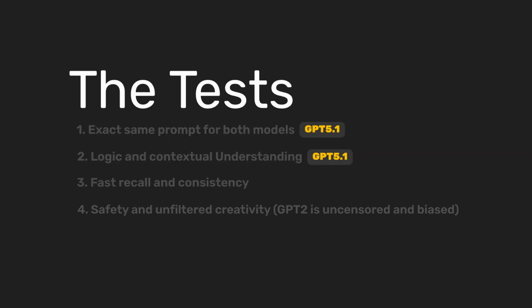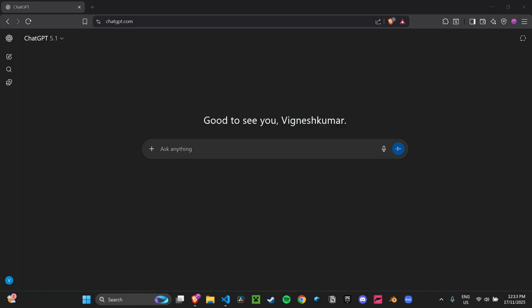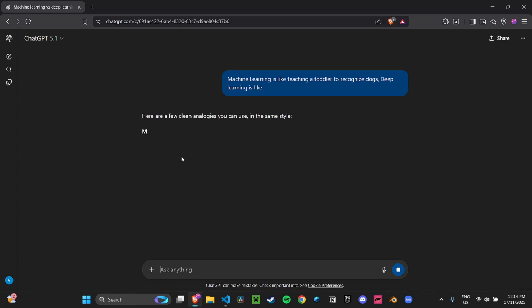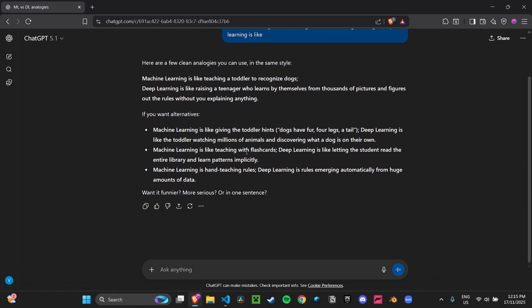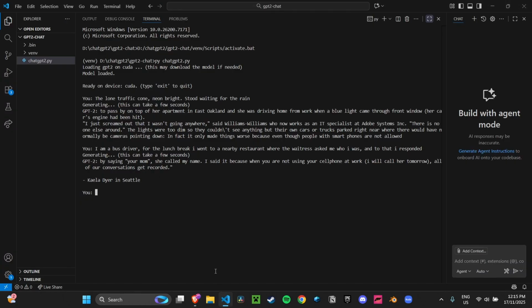So moving on to the next one, which is fast recall and consistency. Here we're going to be checking if both the AIs can explain a topic from start to finish. Here's GPT 5.1. Okay, here are a few analogies you can use. I think 5.1 is actually referring to the previous chats that we did and kind of understanding what we're trying to do and answer it. But I mean, it is still telling the stuff correctly. Who learns themselves from thousands of pictures and figuring out what this thing is. So I think that's fine. It's pretty correct. So I mean, I wasn't expecting it to tell anything wrong, but we want to see what